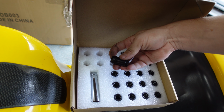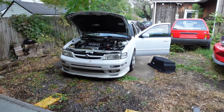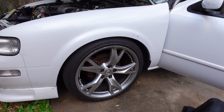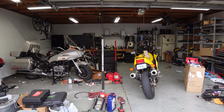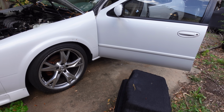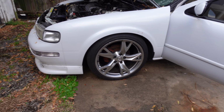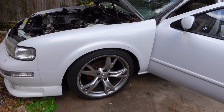Spline style and a tapered seat, because the lug nuts that are on here are the mag wheel style with the built-in washer, and clearly that's not what I want. It's not going to work with those wheels. So I figured I would test fit those on here, maybe go for a drive, see how they look, see how they ride. More sidewall would definitely help the ride quality on this thing. It currently rides like absolute garbage and handles even worse because of these